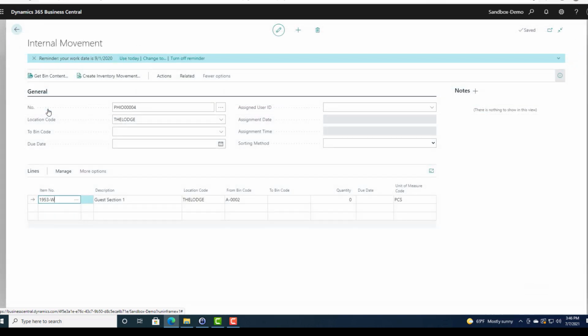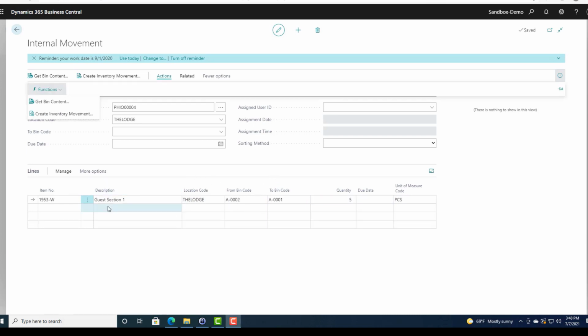It's in bin location A2, and I could move this from A2 over to A1. And I'm going to move all 10 of them. Well, let's just move 5 of them. So I'm moving 5 of these guys,